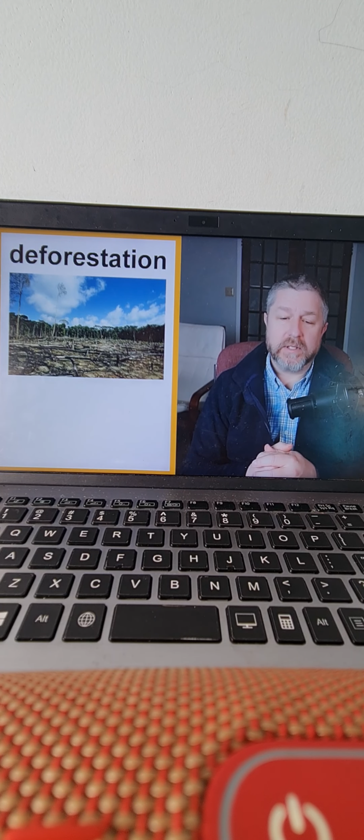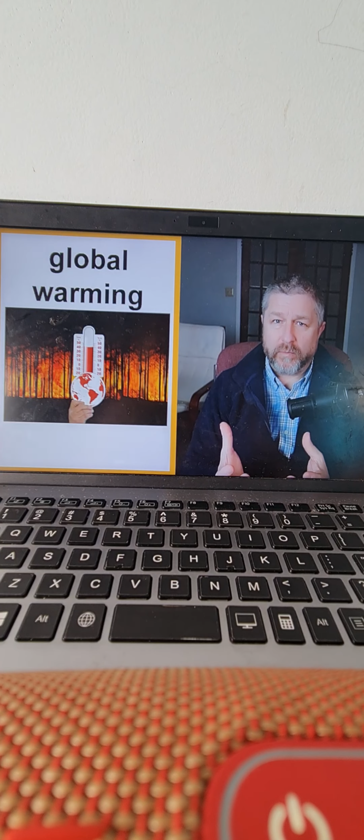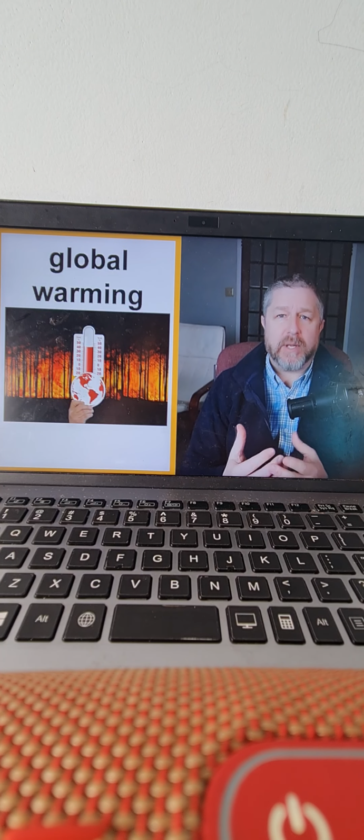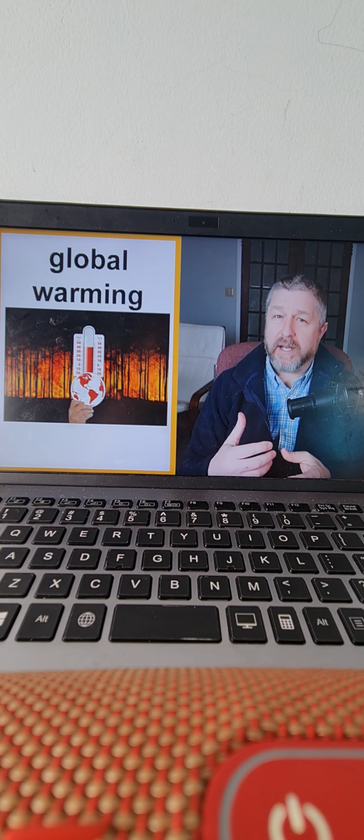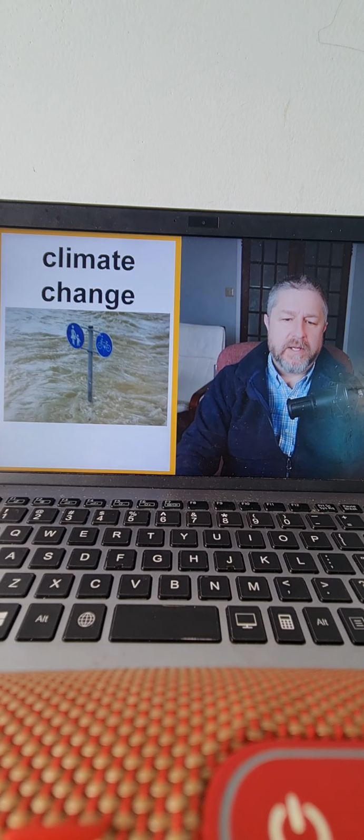We have global warming, which we could also refer to as climate change. So scientists have been making note of the fact that the average temperature around the globe, the average temperature on Earth, seems to be rising. In the last 20 or 30 years, it's gotten a lot worse. And global warming has a lot of bad effects on the planet. It changes weather patterns, it causes things like icebergs to melt. So global warming is a problem that needs to be dealt with. And climate